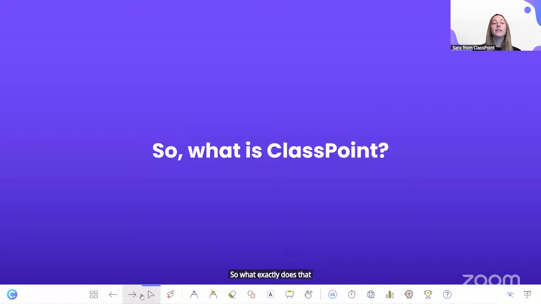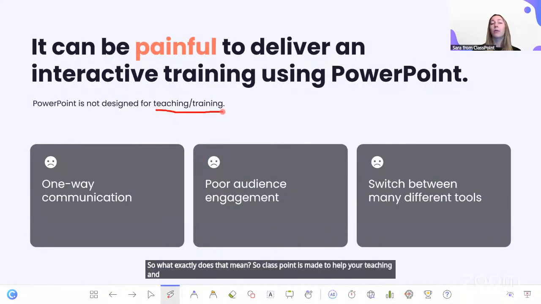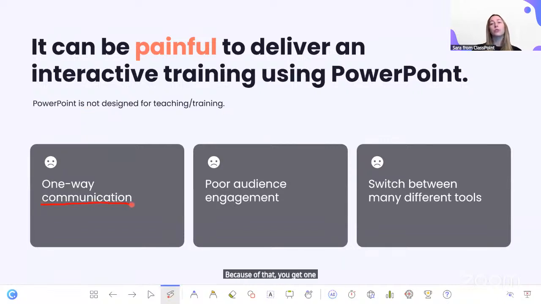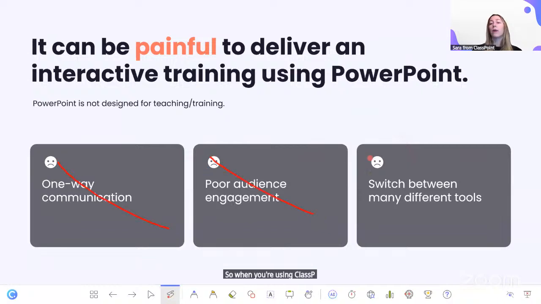ClassPoint is made to help your teaching and training inside of PowerPoint, as PowerPoint is sometimes not best designed for that interactivity and especially that gamification piece. Because of that, you get one-way communication when you're using traditional PowerPoint presentations with little to no audience engagement. And if you do want this audience engagement, you have to switch between multiple different tools. So when you're using ClassPoint, all of this is gone away